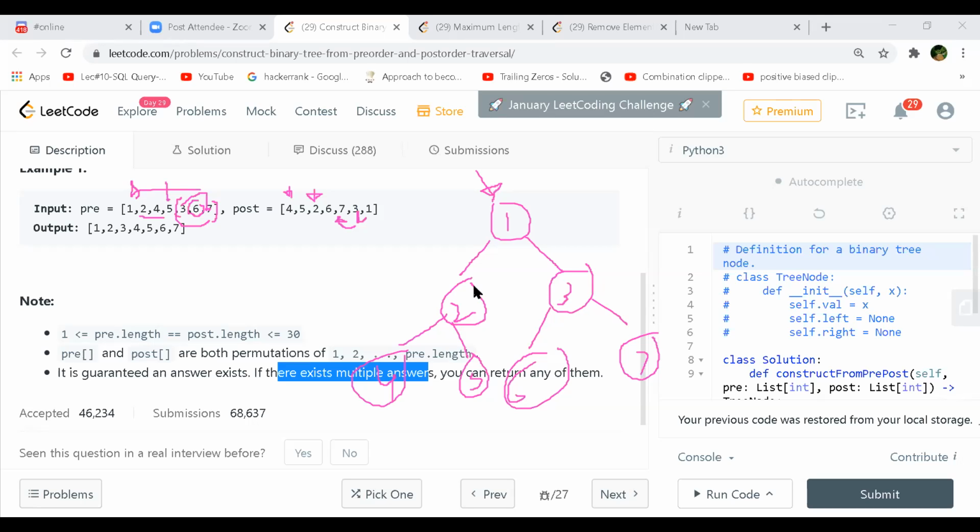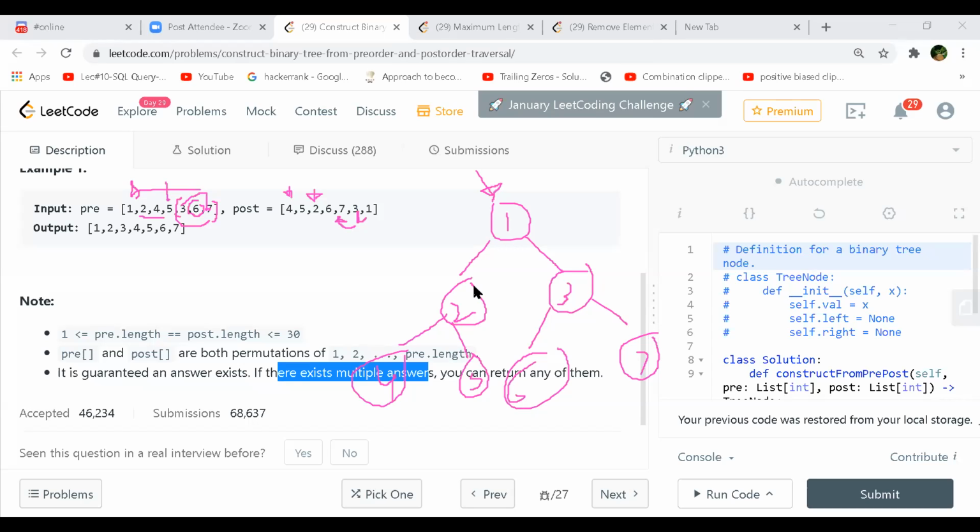Correct. So then the recursive way, what you are showing, will keep on doing the same thing over and over again, and then you will get this tree. Right. I was building the right subtree first, because then I don't have to worry about the post order. I was simply moving one step backward every time. Well, yeah, but you still have to look at the pre-order, because that will give you the way you can divide the post order into 2 parts.